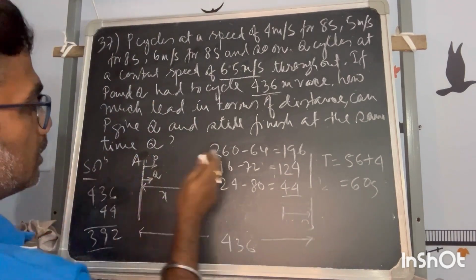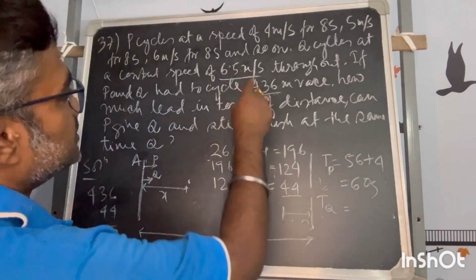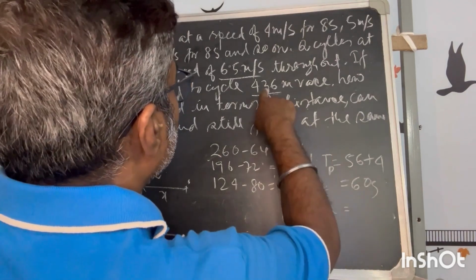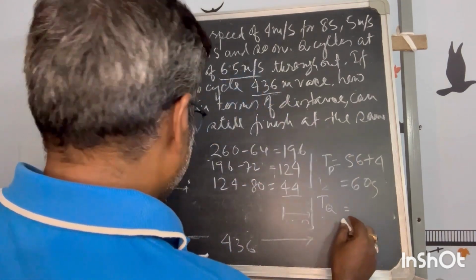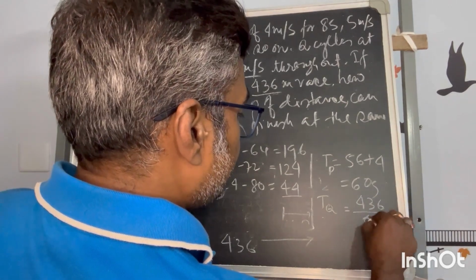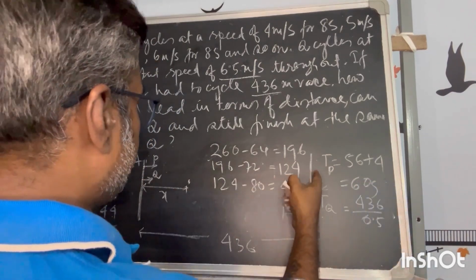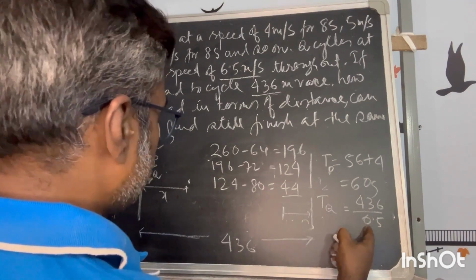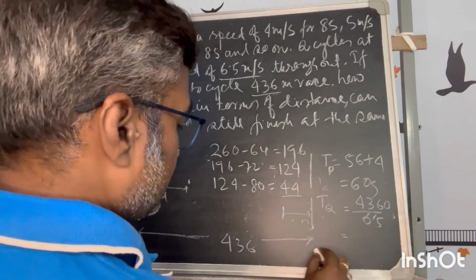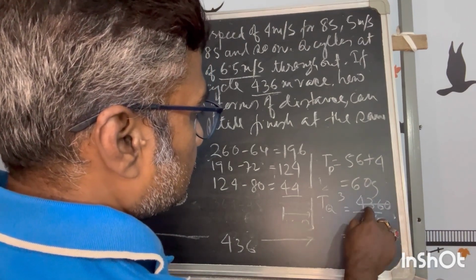how much time the other one, Q, will take? This is P, and for Q it is constant speed. Now for Q, 6.5 meter per second. If you want to move that 436 with 6.5, now this 60 seconds he will move from this to this, and he will take how much? This is, if I calculate 65 0, so that will be how much? 4, if I take 13 5, 13 3, 4 6,